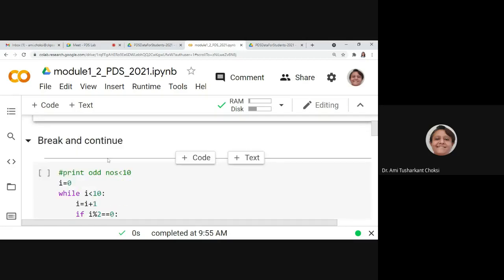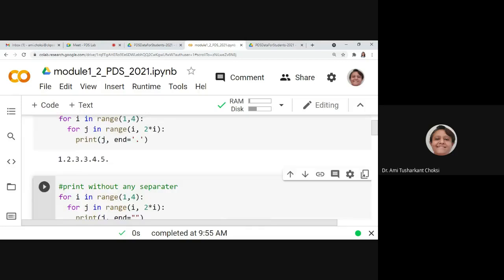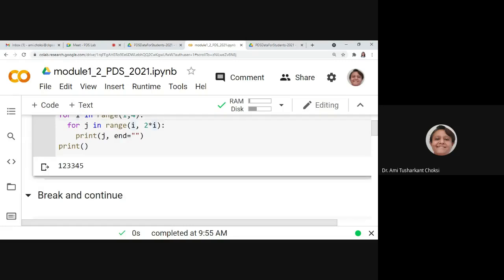We want to have the break and continue. This is actually not inside the for loop. It is not there inside the for loop, the way we have written the print. If I write it here, it will be printed, right? It will be printed here. You can say why it is printing in the same line, because here it was end is equal to double quotes, right? Fine? Okay.